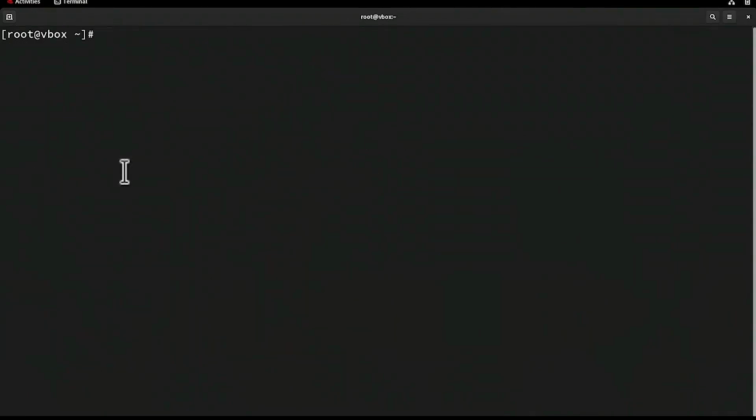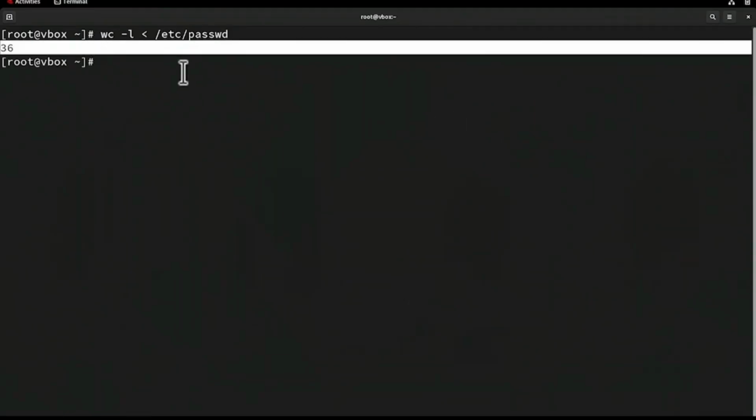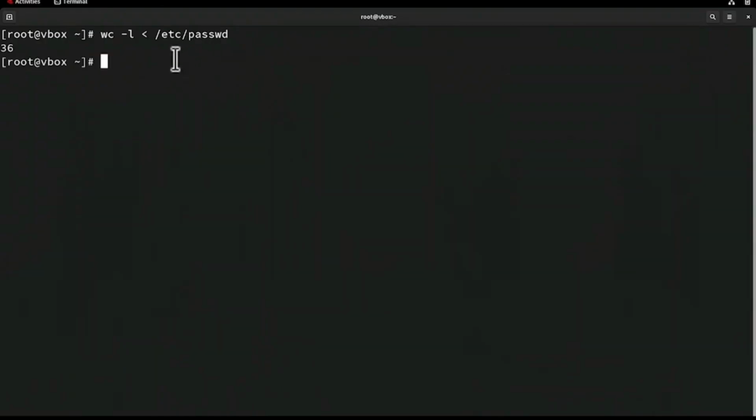Now let's use the input redirection command. In the terminal, type wc -l < /etc/passwd. This command uses wc -l to count the number of lines in a file. By using the less than symbol, we redirect the contents of /etc/passwd as input to the wc command. Enter. In the output, you'll see 36, which means there are 36 lines in the passwd file, typically representing user